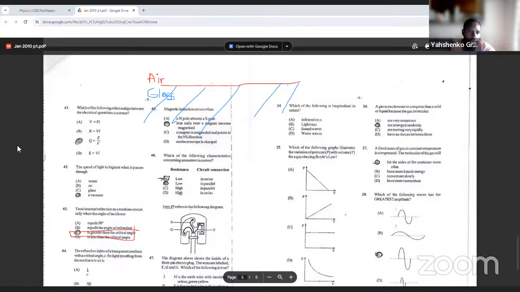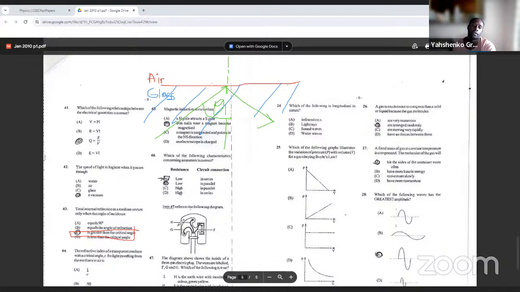So let's say some light beam came into the glass and it is going to hit the surface of the glass like that. We put a normal, which is an imaginary line perpendicular to the surface or the boundaries. If this angle here, theta, is greater than the critical angle between the two things, then what will happen is that this will bounce off the surface there, the boundary, and stay inside the material. If it is less than the critical angle, it's going to go back out on the other side of the